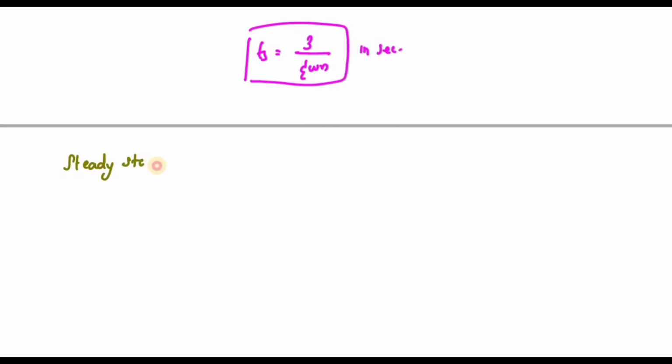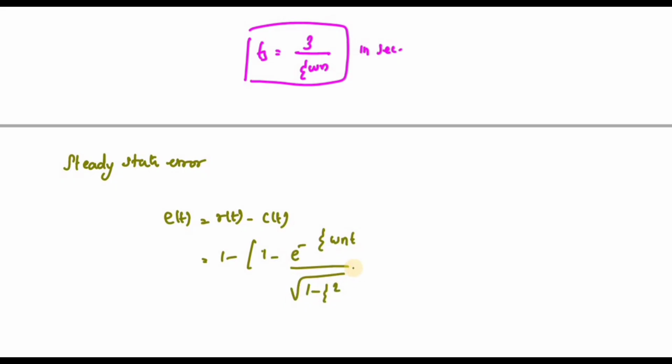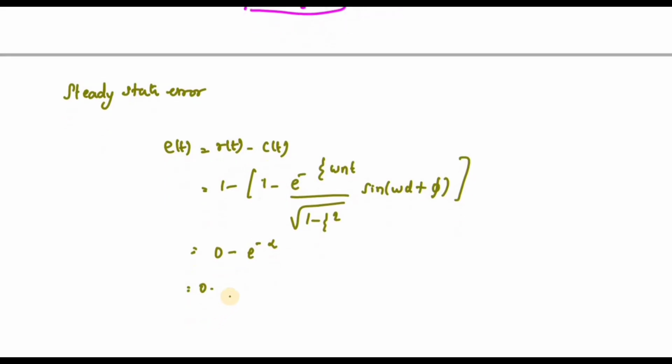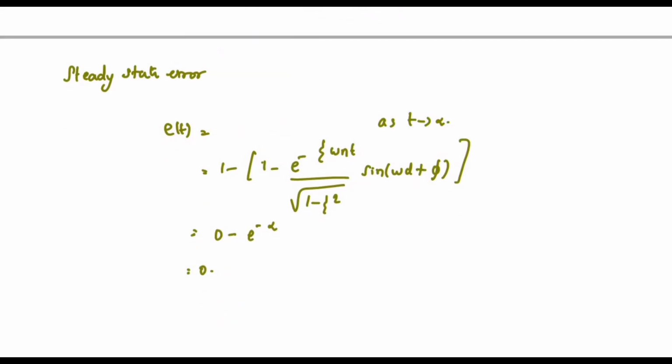So what is e of t? E of t is equal to limit t tends to infinity of r of t minus c of t. Since r of t is a unit step signal, it is 1 minus 1 minus e power minus that c of t value. So this 1 and 1 get cancelled out. If I substitute t is equal to infinity, e power minus infinity is 0. So e of t is equal to 0 as t tends to infinity. So here, for an underdamped system, the steady state error is